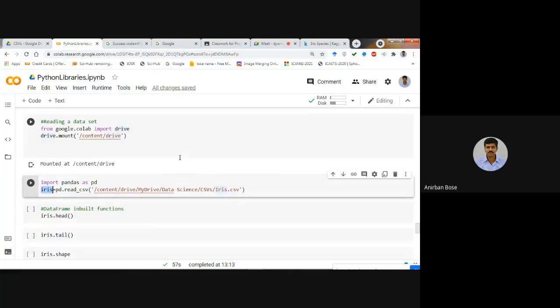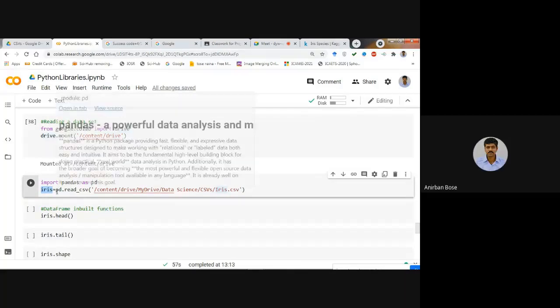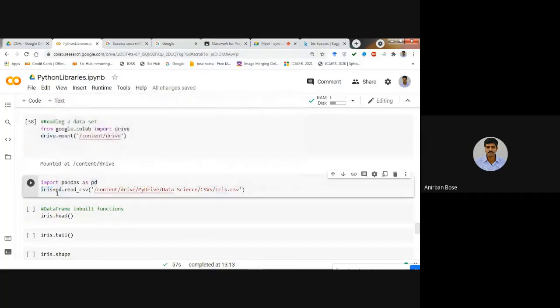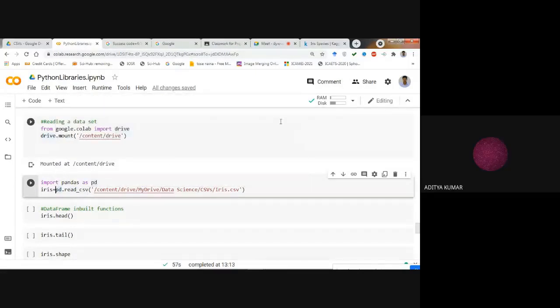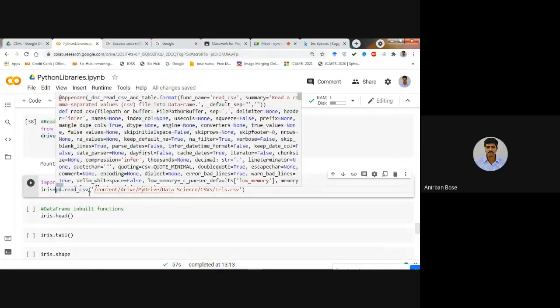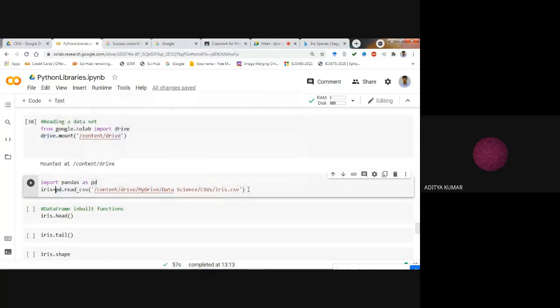We are trying to load that particular CSV using pd.read_csv. Suppose iris is the name of the data frame that we are creating. So write this one: iris = pd.read_csv, and after that you give a parenthesis.